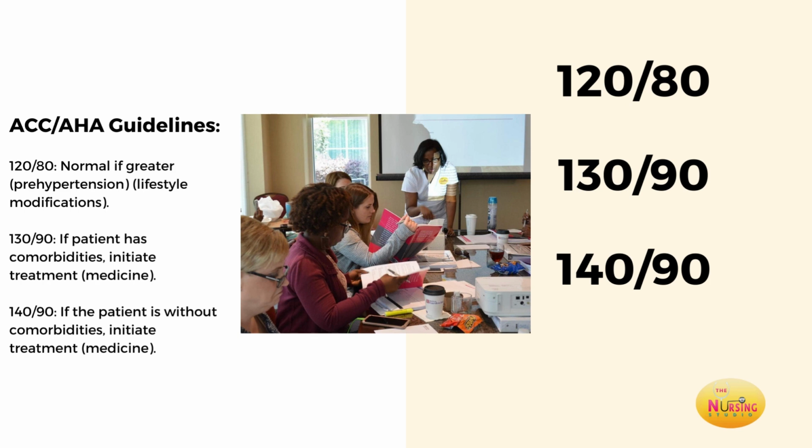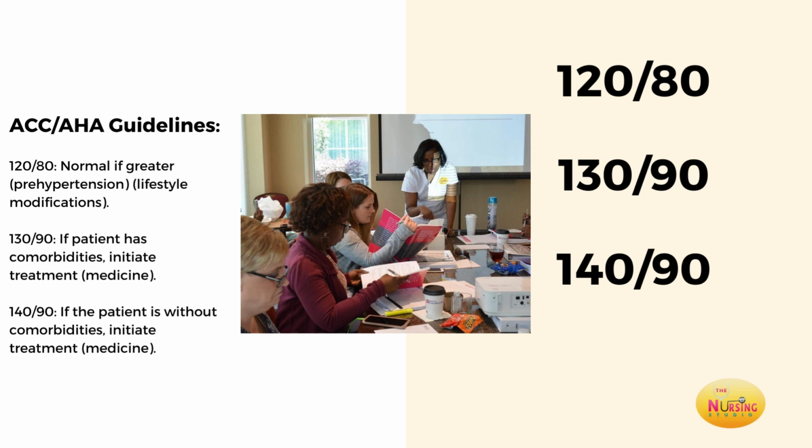Now, the next parameter we bump up, that next goal range is 130 over 90. Okay, so now, if your patient has comorbidities, meaning they have other issues in their health history, like diabetes, kidney disease, high cholesterol, things of that nature. So, if they have other comorbidities, you do not want their blood pressure to exceed 130 over 90. Again,